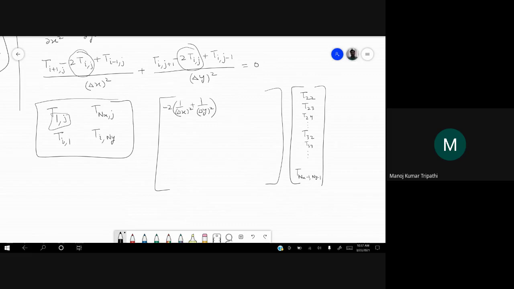Then you will have T23 from this term (i, j+1). What is the coefficient of that? It is 1 by delta y square.